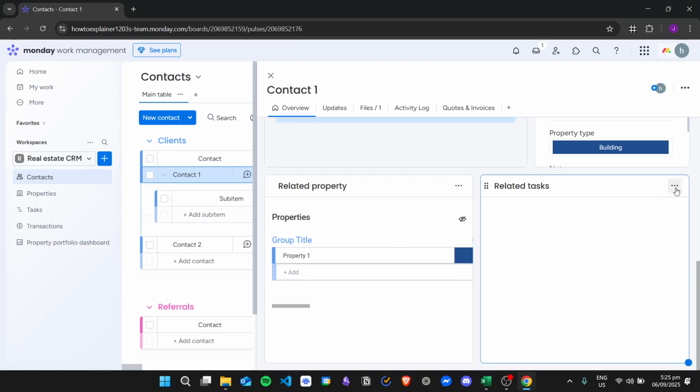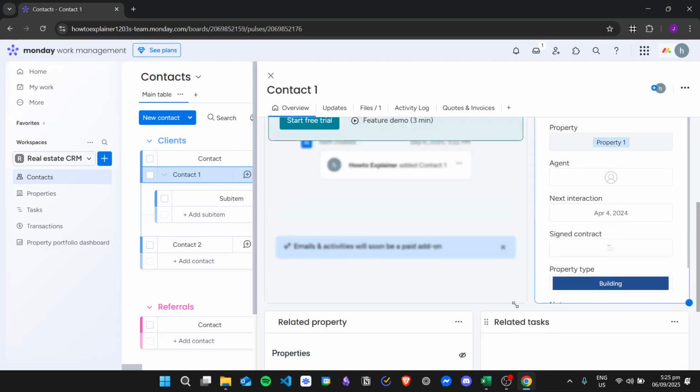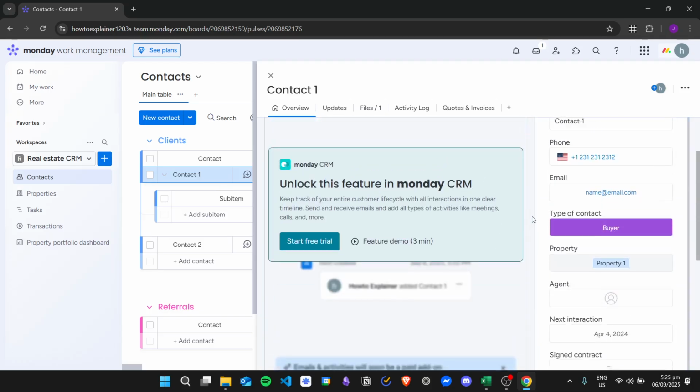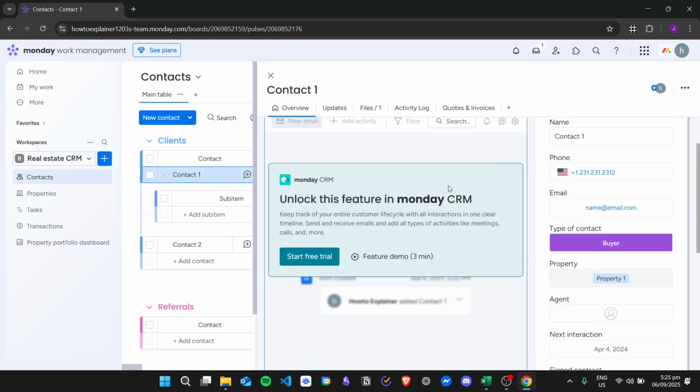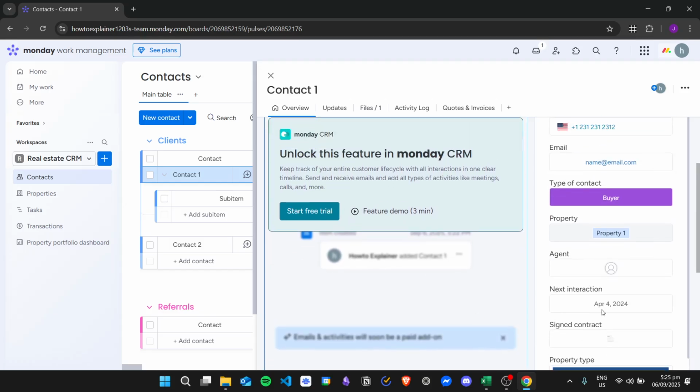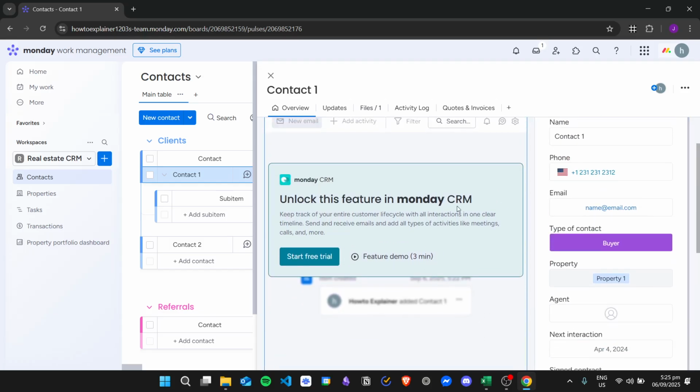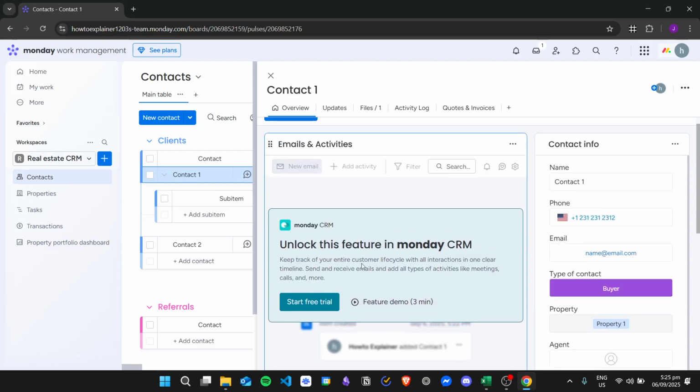And then for tasks right here, it doesn't have any, but you can add your own tasks right here if you need to do a task for that specific contact. And for this one, I'm using the free version so I don't have this yet. But if you are using the paid version of Monday.com, you will be able to use this to take notes and send emails to your clients inside Monday.com, so that you don't need to go to another website. And then closing this,